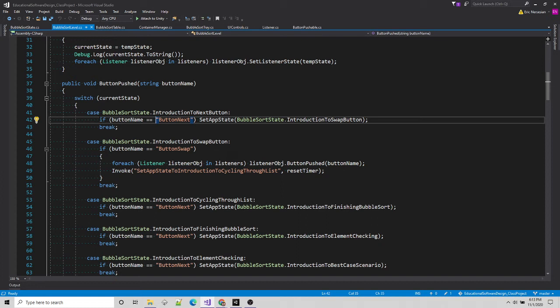And all we're doing is, if the button name is button next, which is the only button that's active, so this technically can never be false, but we're just putting in safety checks, then yes, the user pressed the next button when I told them in the tutorial that you need to press the next button. I'm training you to use the next button. And that's the case, we're going to set the app state to the next one, which is introduction to the